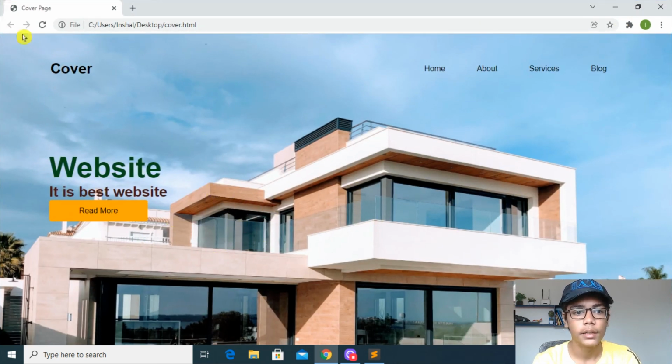So we can see that we are getting the cover at the left side, then the home nav bar and these things, and here we are also getting the website text, and if I hover on the button, we get a simple hover effect, and you can change the text color also in the hover effect to white or anything, so it will look good. So like that you can make a cover page. It is a simple cover page which I have made, not really advanced, and because this is already a long video, I made this cover page, and it is looking good. So like that you can build one cover page in HTML and CSS.